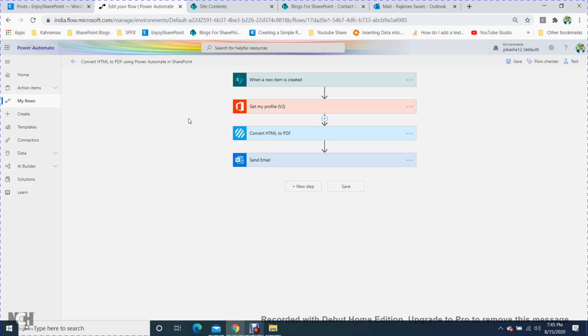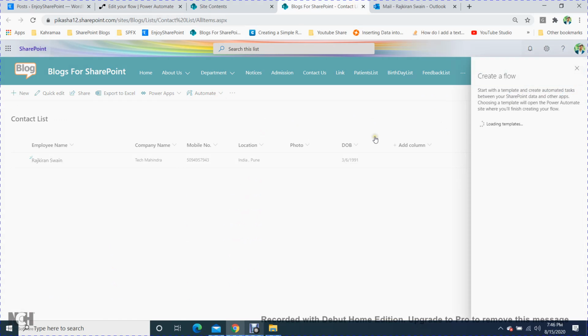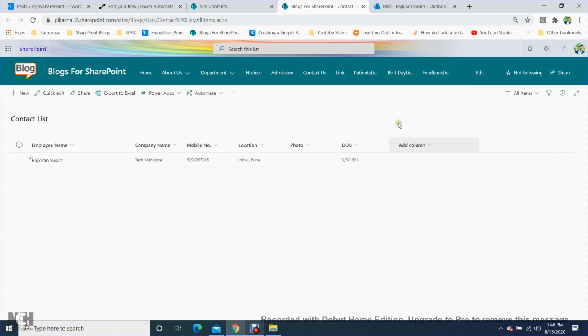You will create a flow like: when a new item is created, send an email to the user. Suppose I am going to create a new flow. You have to choose this one, create a customized email when a new SharePoint list item is added. So when you create a new item in this list, it will trigger the email.